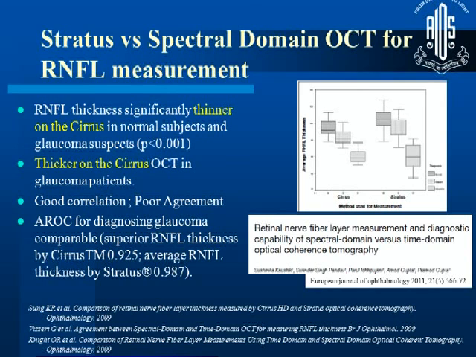So interestingly, if you have thicker RNFL, it is thicker on the Stratus, but if you have thinner RNFL, it is thinner on the Stratus. So it's a little confusing, and the important thing to realize is they're not mutually exclusive. You can't have a patient who you've measured on the Stratus and follow up on the Cirrus, and vice versa, probably because of the resolution, the variability is so much less.